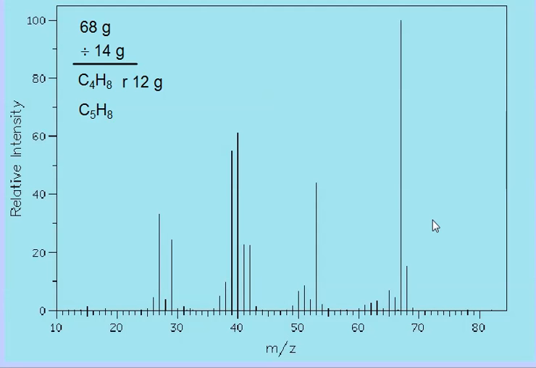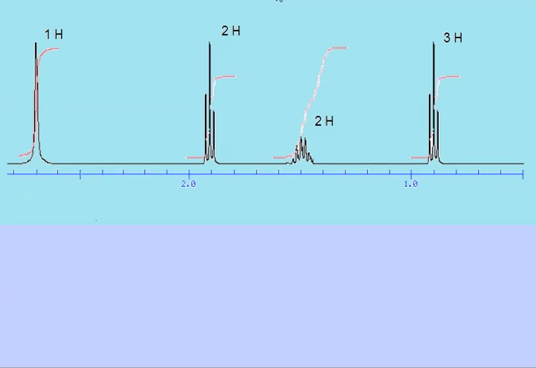C5H8. Of course, if the molecule was saturated with 5 carbons, that's the CnH2n+2 rule, that would suggest 12 hydrogens when completely saturated. So we're down by 4 to get to the 8, which agrees with the alkyne structure. There are 2 pi bonds being suggested from this mass spectroscopy. So now that we're pretty sure it's an alkyne, let's look at the nuclear magnetic resonance and look at those